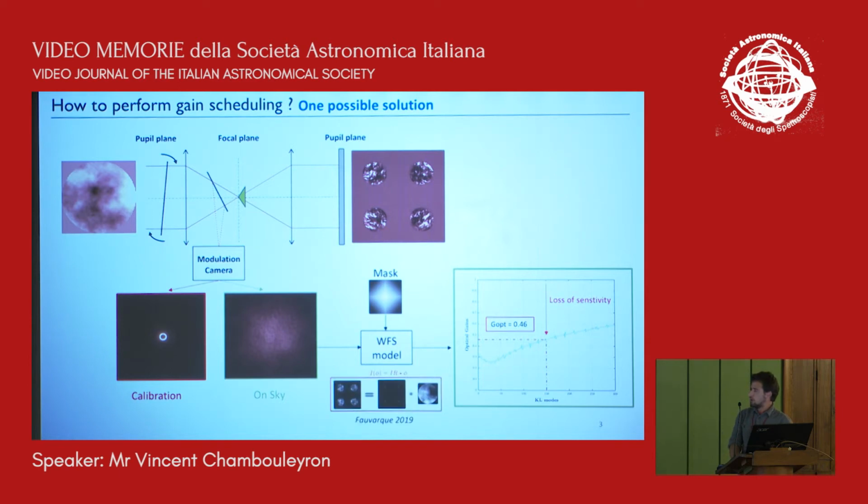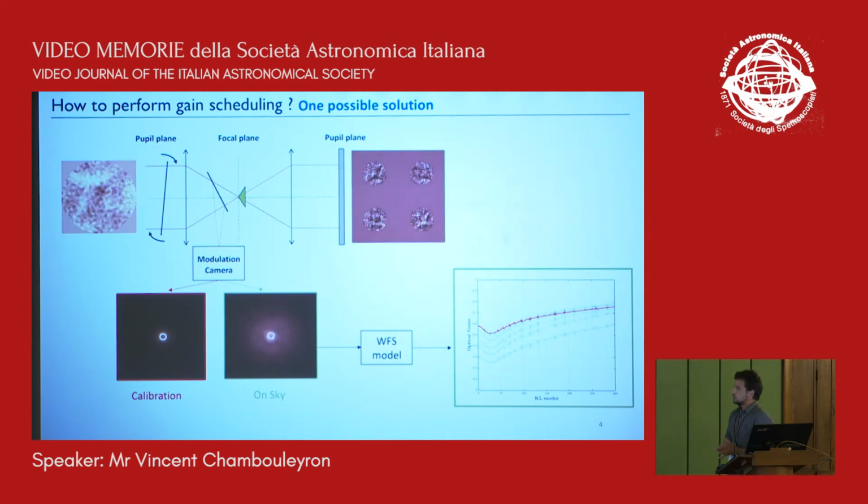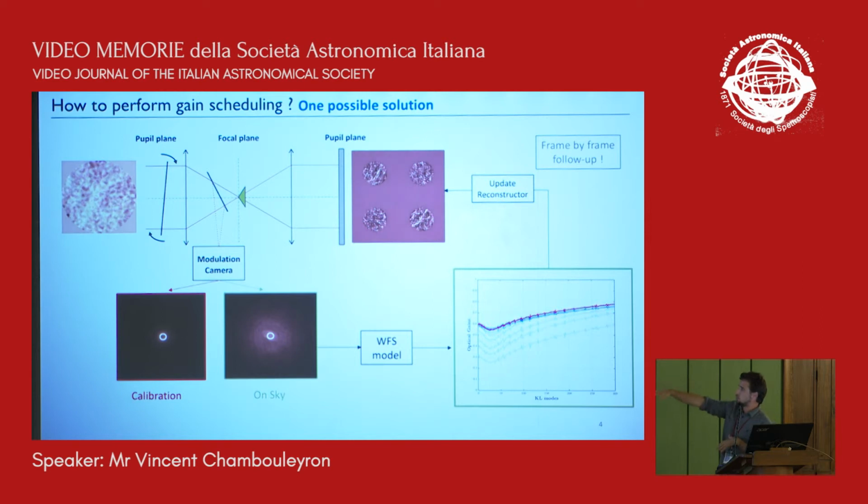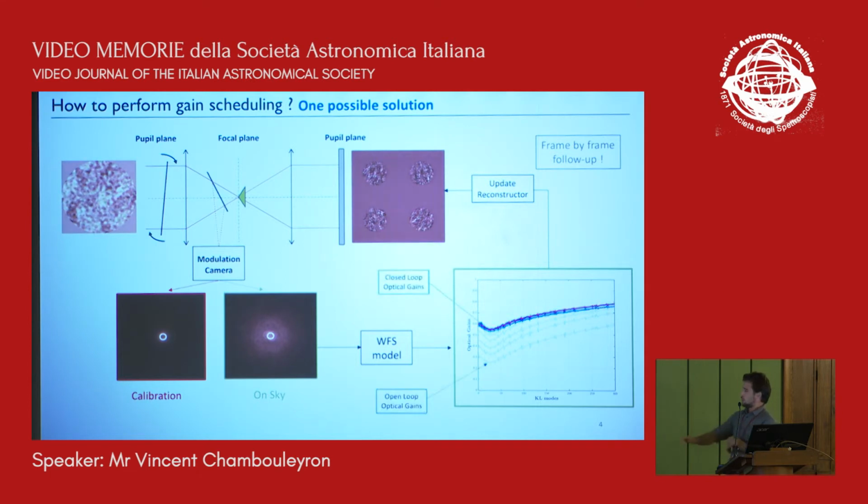Just to say, the wavefront sensor model we are using is the convolutional model. I won't speak about it, but if you have any questions, you can ask. If we close the loop here, for example, we see that the optical gains are going to move. One means no loss of optical gain. So when you're closing the loop, you're improving your optical gains. Here are the open loop optical gains, which are really low, and when we are closing the loop, we are reducing the residual, so we are improving our gains.